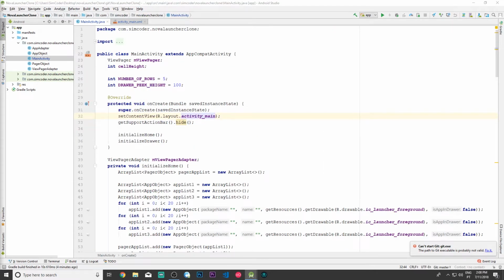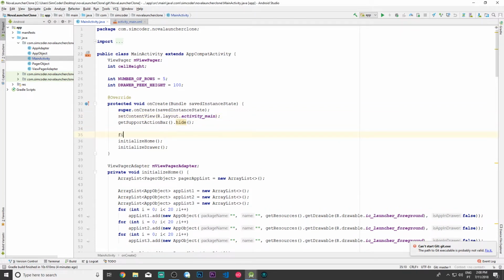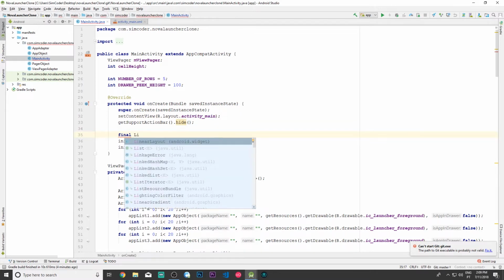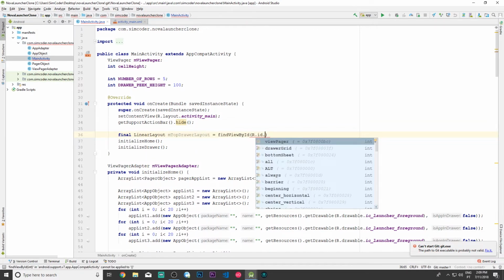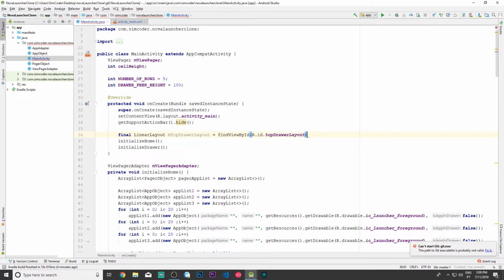So now we can jump right into our main activity, and the first thing that we are going to do is to again get the height of that layout. So that's really easy to do. We are simply going to say final LinearLayout mTopDrawerLayout equals findViewById R.id.top_drawer_layout. Okay, and we can't simply do mTopDrawerLayout.getHeight or something like that,